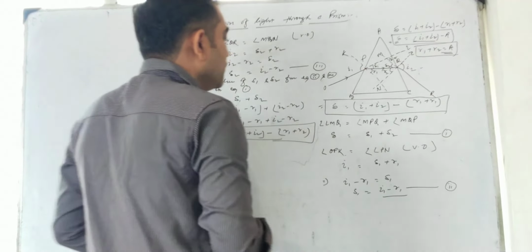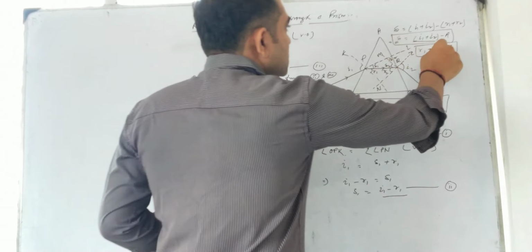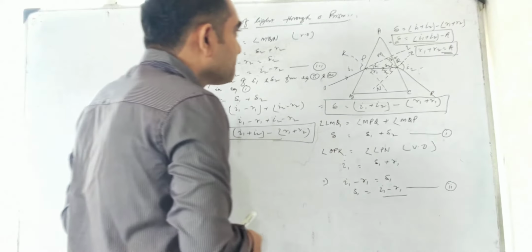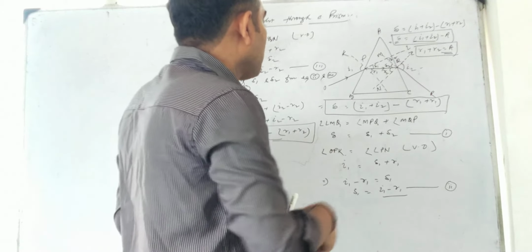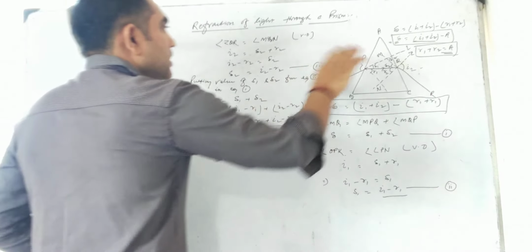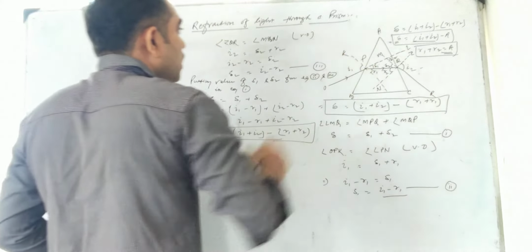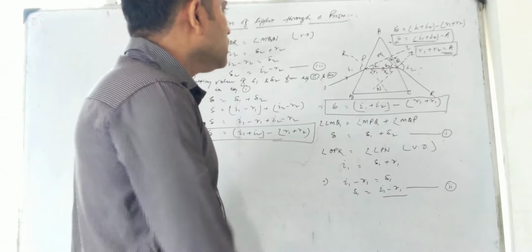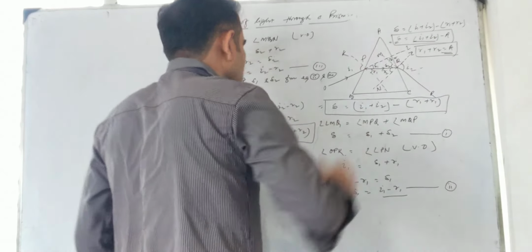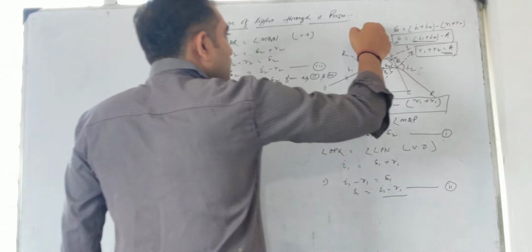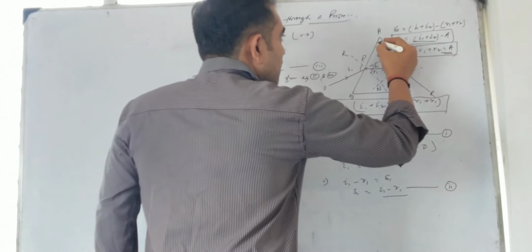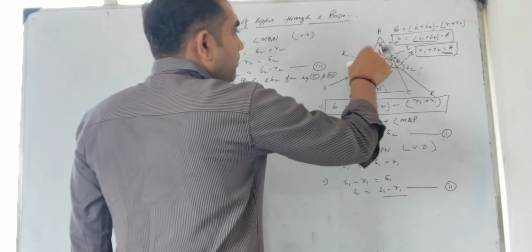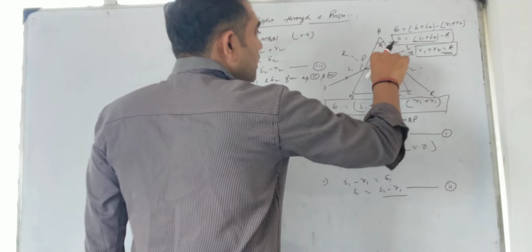The second thing we need to prove is that R1 plus R2 equals A. The first one is completed, now the second one we are going to do. So now we are taking the quadrilateral A, P and Q. In the quadrilateral, angle A is the angle of prism, angle P is 90 degrees, the perpendicular drawn, and angle Q is 90 degrees.